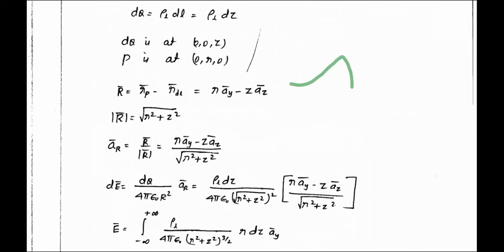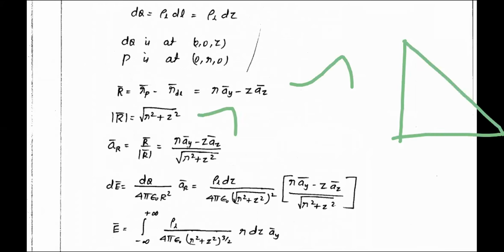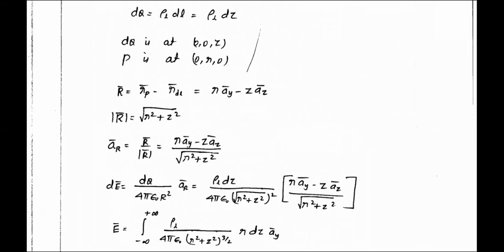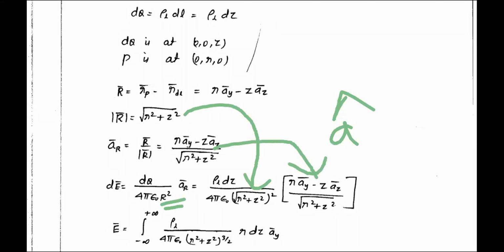I have found out the vector R = ρ aρ − z az, and then this distance is r, that is r² = ρ² + z². Then they have found the unit vector for this. Anyway, we need the unit vector only, so this is the unit vector, and instead of r they substituted this r². Anyway, unit vector is available here. Finally you will get this.